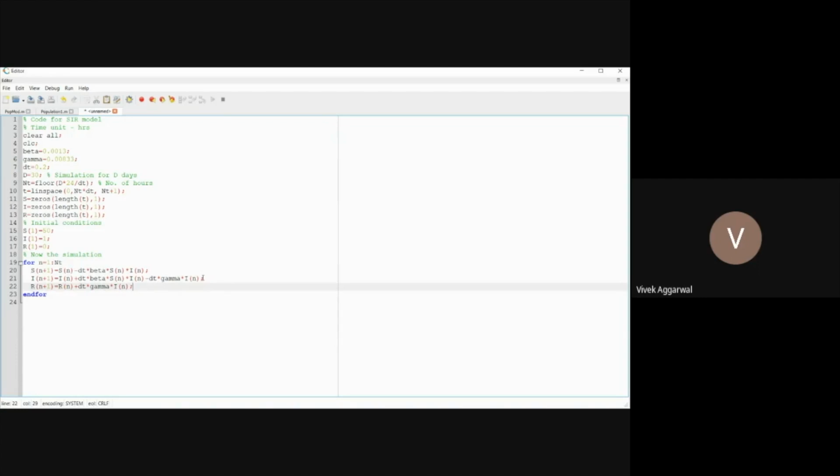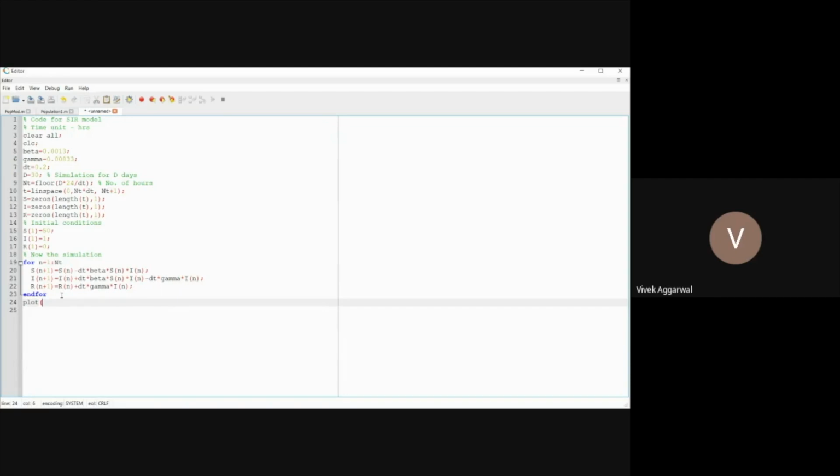This will simulate. Now from here you will see that I will give the value of n first. Then on the right hand side everything is known. Then I will get the left side, and then again the simulation will move and in the iteration we'll get the solution at T1, T2, T3, T4, like this. Once I get the solution, because in this case I cannot have an exact solution, I cannot compare the solution with the exact solution. Now I will plot this function.